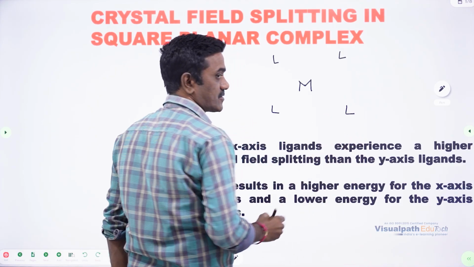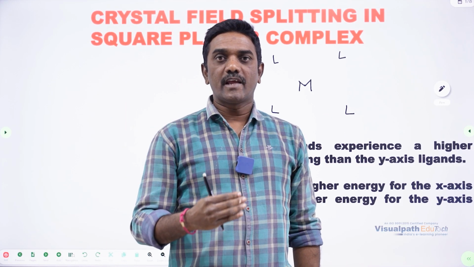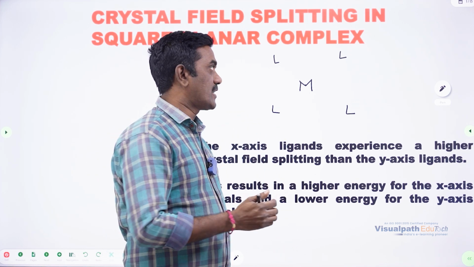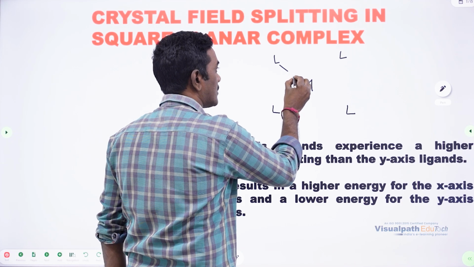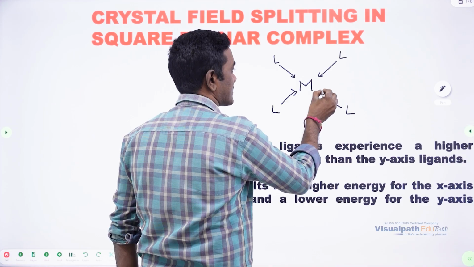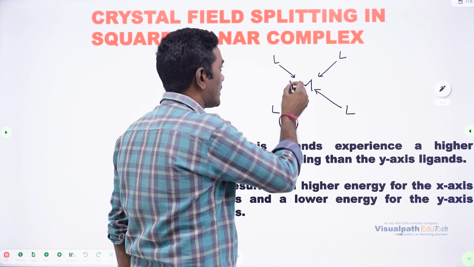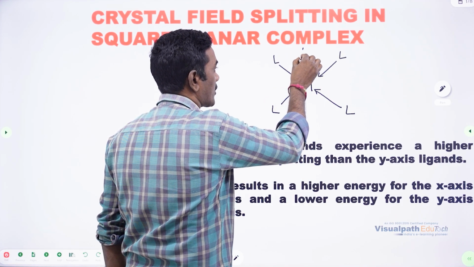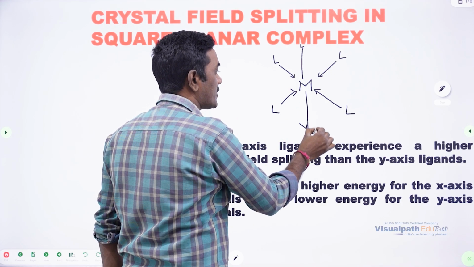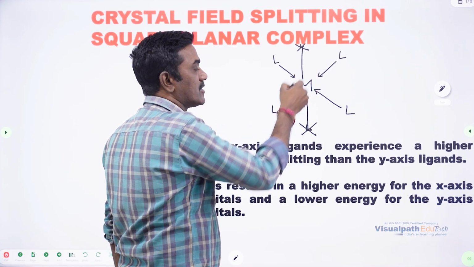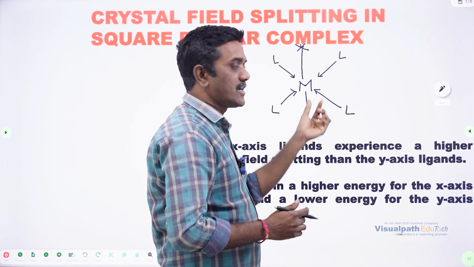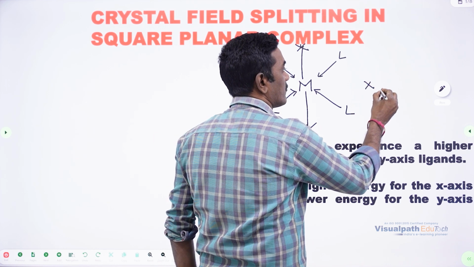Four ligands will approach. Of course, in tetrahedral also only 4 ligands will approach, but the way of approach is different here. In this square planar complex, the ligands will approach the metal through the x and y axis. For example, in an octahedral complex there is a z axis also, right? If you remove these 2 ligands on the z axis, then it becomes a square planar complex. In a square planar complex, 4 ligands approach the metal ion through the x and y axis,